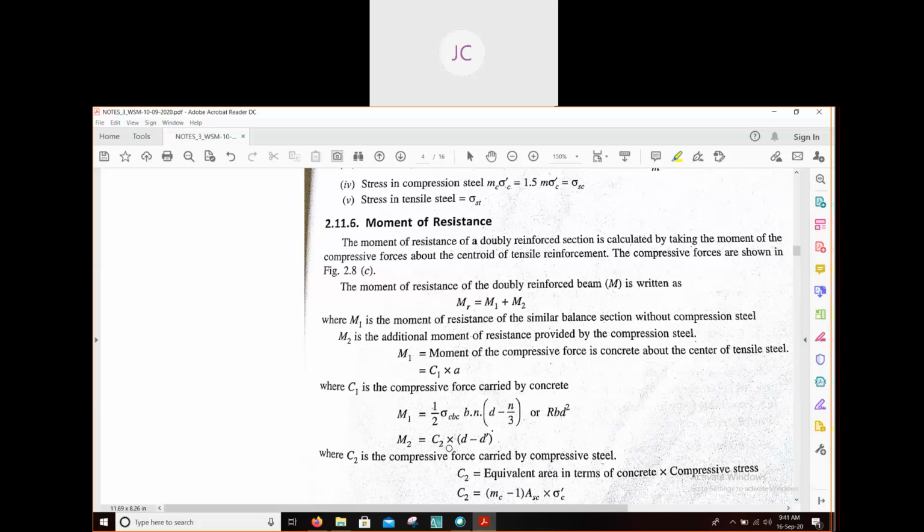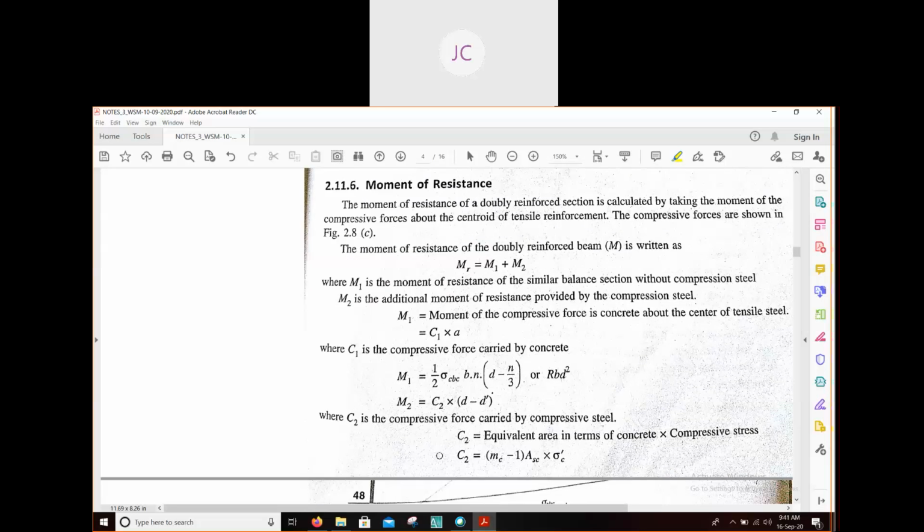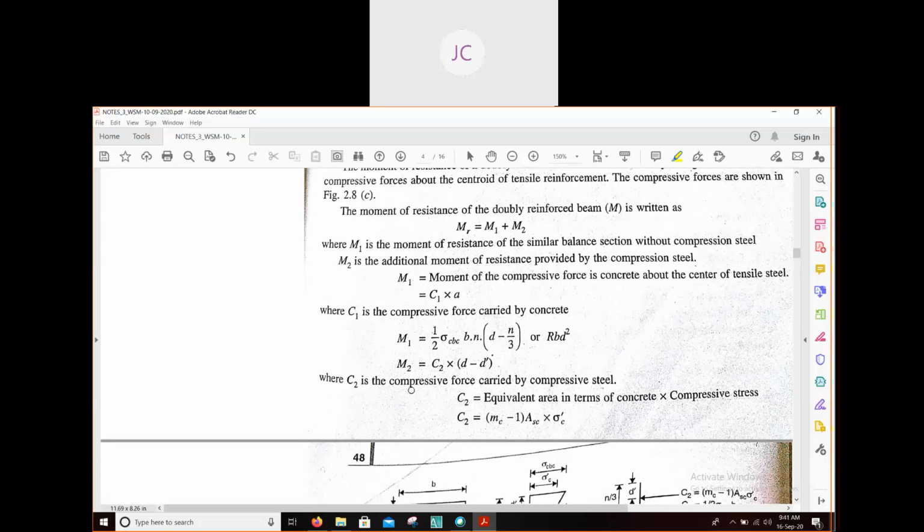Okay, so now you have to see what is this C2. C2 is the compressive force carried by compressive steel. It can be calculated by this formula: C2 equals (mc minus 1) into Ac into sigma c dash. This is the equivalent area in terms of concrete into compressive stress, because we know that